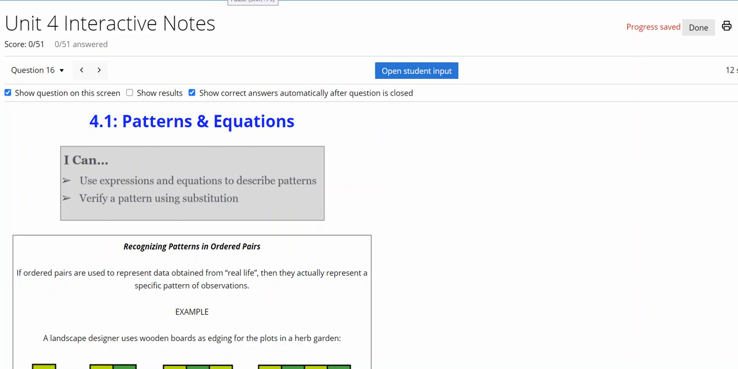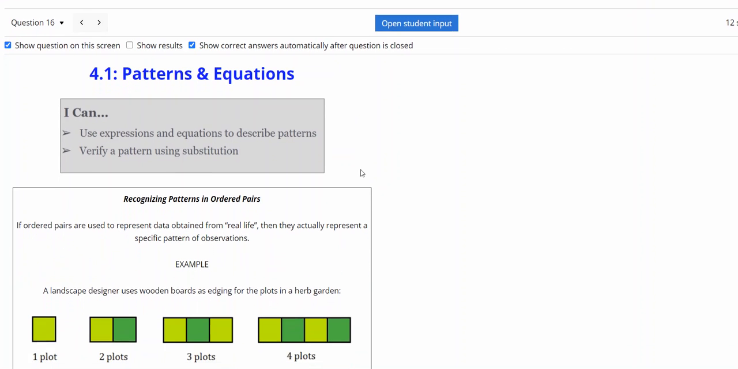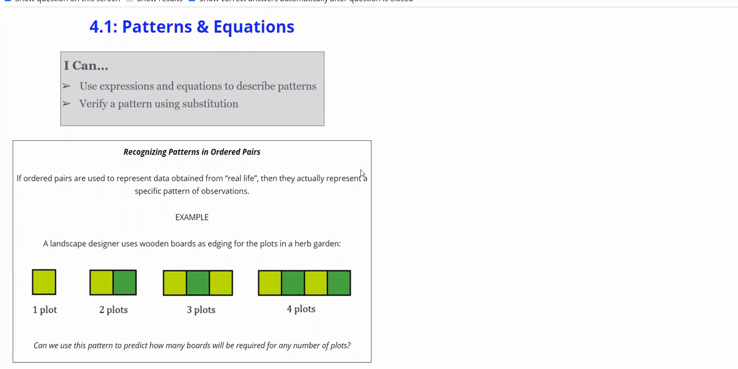All right, so lesson 4.1, patterns and equations. What we're going to be doing in this one is talking about how we are going to use expressions and equations to describe some patterns. So this is really the beginning of setting up equations, and the reason why we use equations in everyday life,